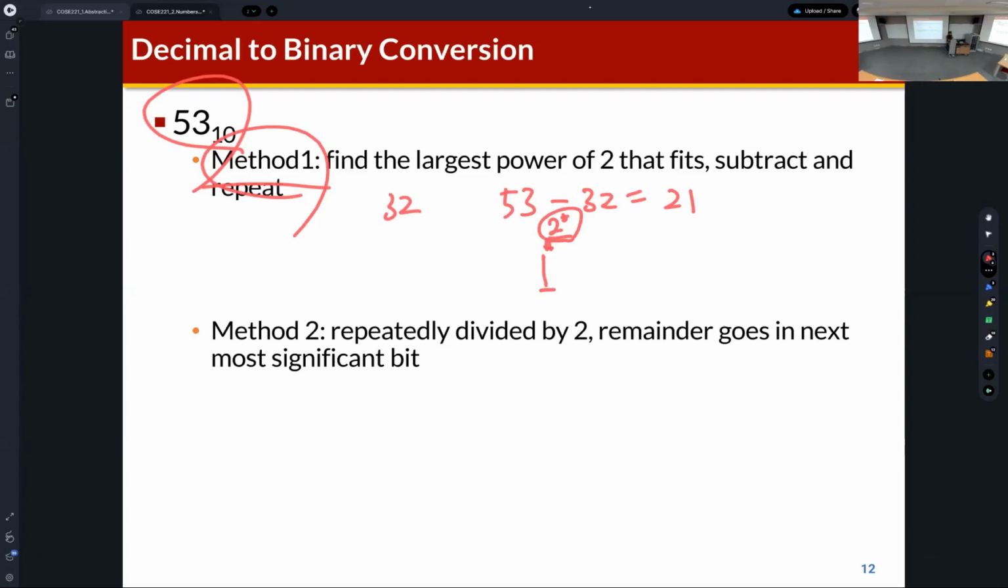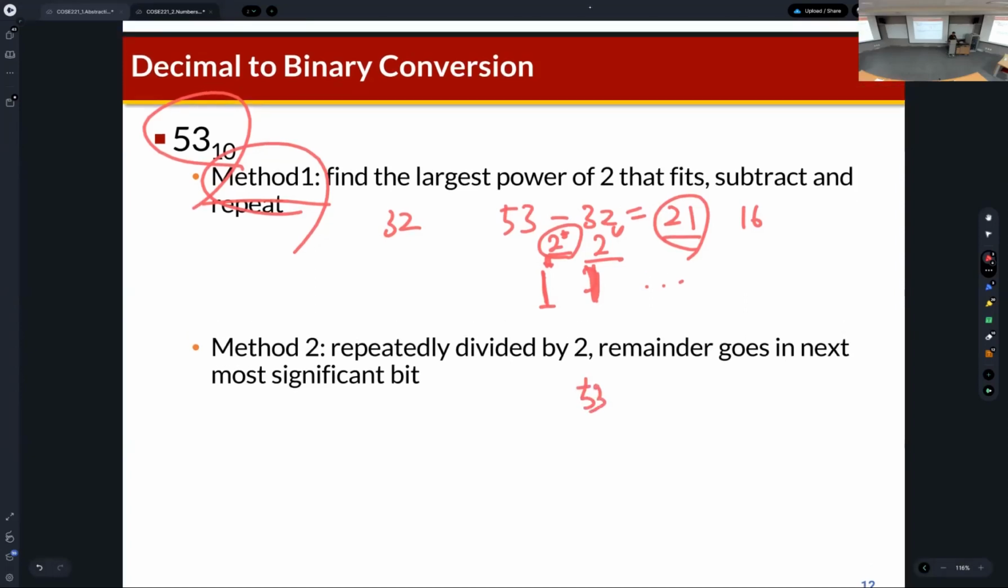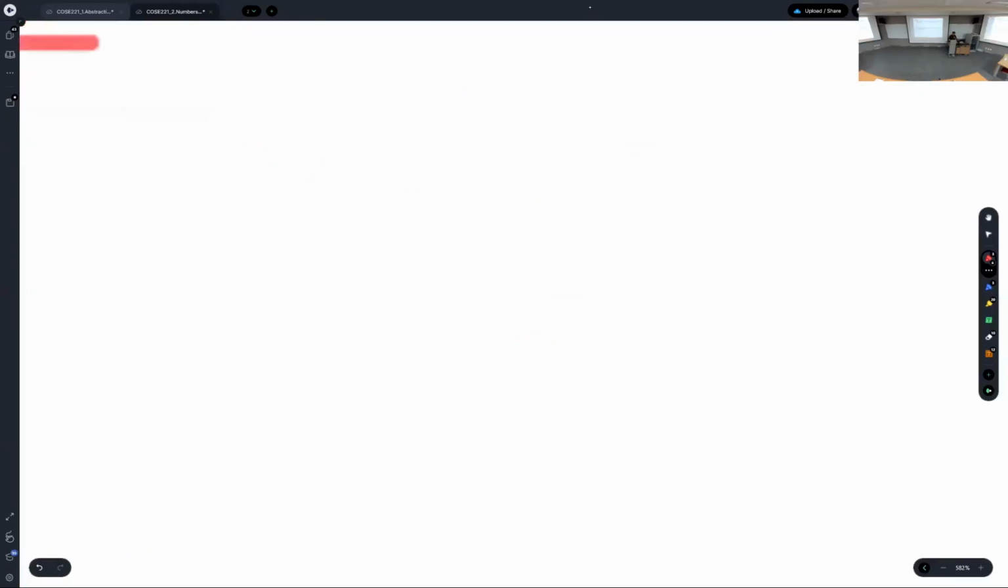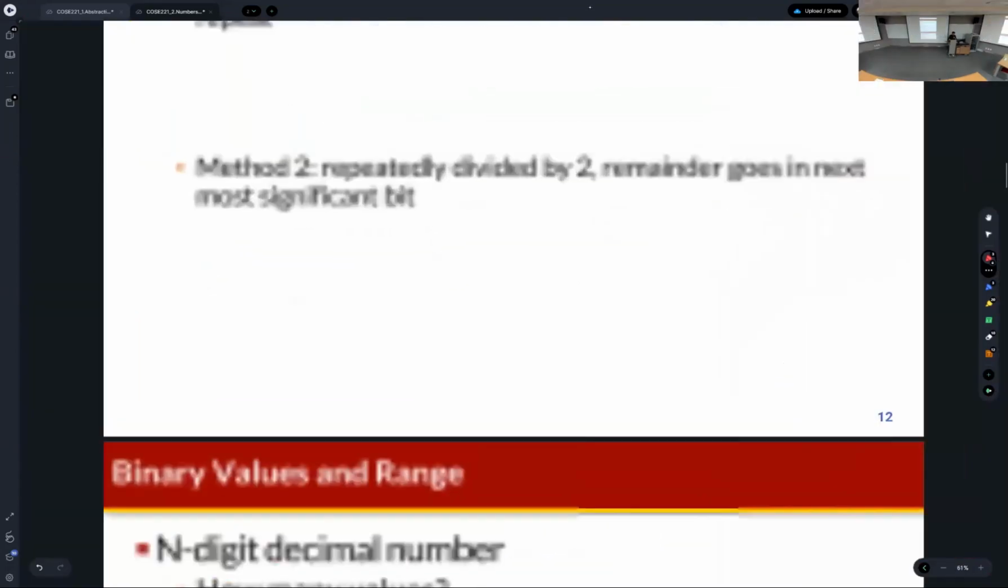So this means that this is the 6th bit of the binary number. And then it's a 21, and then what is the largest power of 2? The 16, and then it's a 1, so it's 2 to the 4. Then we can repeat this calculation, right? But it's not convenient, because we need to find the largest power of 2 to apply this method for the binary conversion. And then I believe most of you know, so we can repeatedly divide this number using